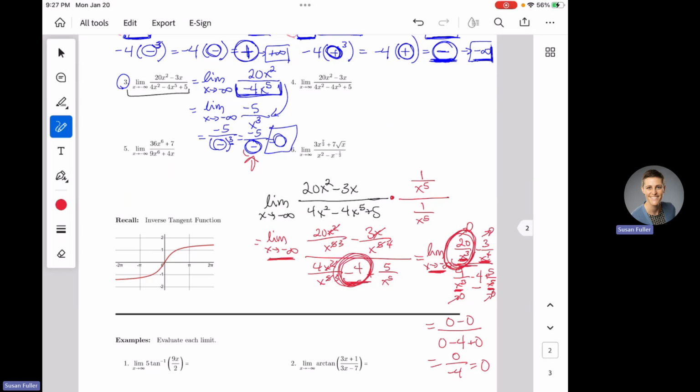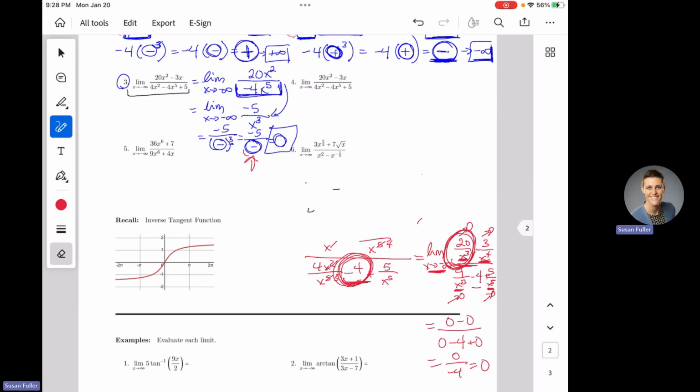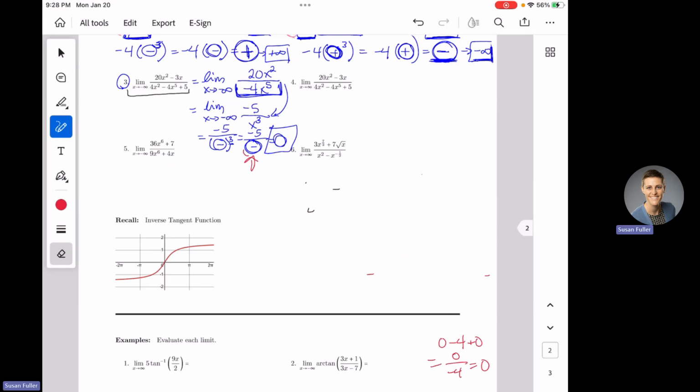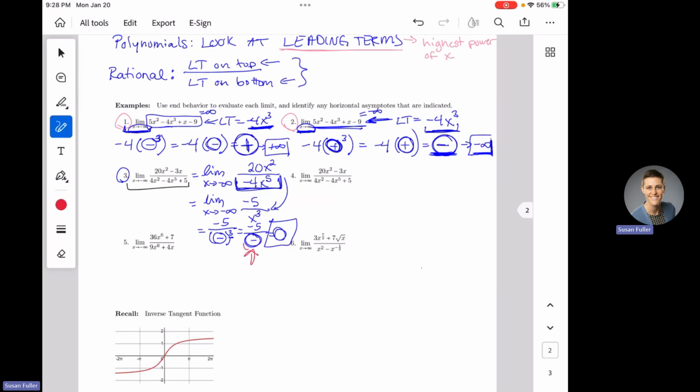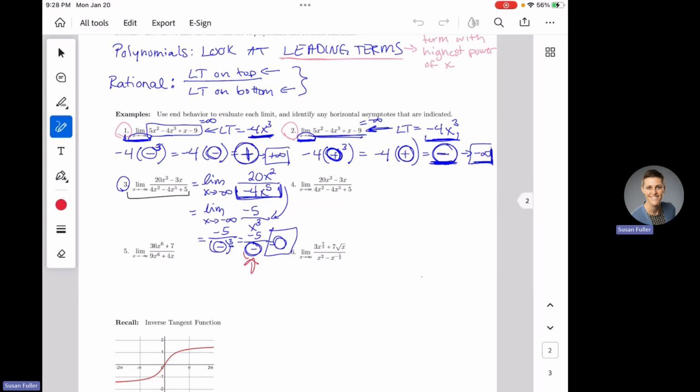So I just wanted to show you that because Achieve is going to kind of work through that in some of the solutions. And if you've been through calculus before, you've probably seen that presented that way. I'm not going to make you do this. So I wanted you to see this, but you won't have to do this for me. You can leave that in your notes if you like, but you won't have to do that for me. I just wanted you to see it worked through. But the big thing is leading term on the top over leading term on the bottom. This guy is what I want you to use.